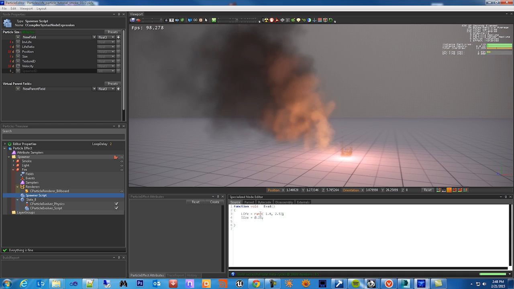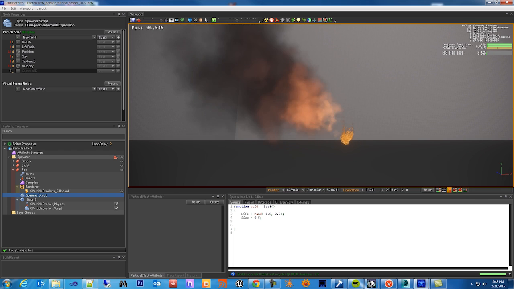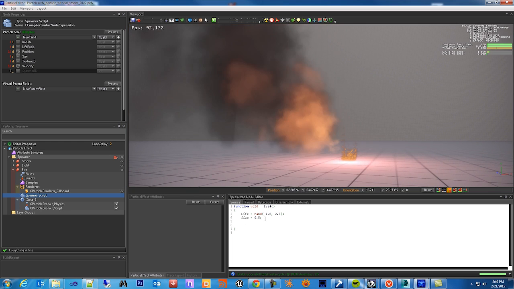Okay, let's set the size to 0.5, and right now the position of these particles, see if we can see them through here. See, they're going below the ground because they're sitting right at 0. So let's do this. Once again, just like we did it for the light, let's set the position